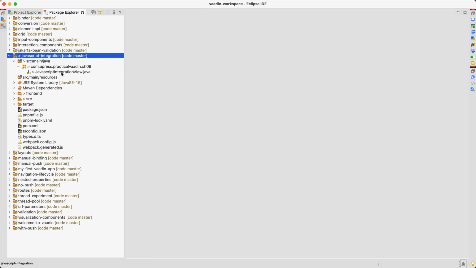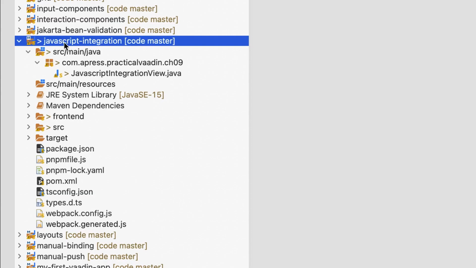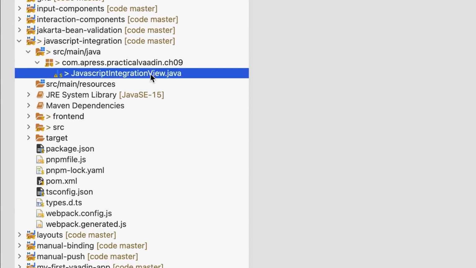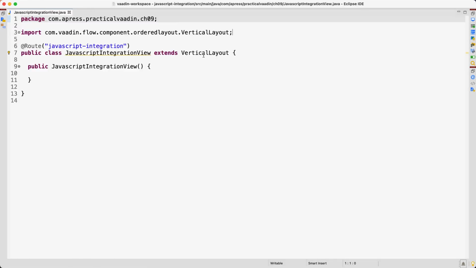All right, so I have this project here, and in fact, there are many projects because this is part of my upcoming book on Vaadin, but this is the important one. This is just a Vaadin project with one class, with one view that extends VerticalLayout, and it's mapped to this route. So let's create a new button here